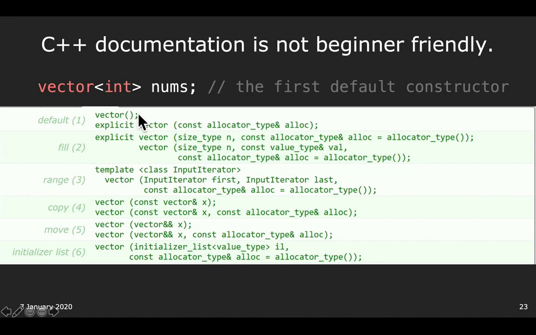The first one just creates an empty vector. But then you'll see all of these weird vectors. There's a fill vector, a range vector, a move vector. There's this thing called an initializer list. What the heck is that? And then you'll see these weird types, these ampersands. Keith will cover what 1 ampersand means, but you might sure wonder, what does 2 ampersands mean? Okay, we're going to cover all that. You'll be able to read this C++ documentation, no problem.